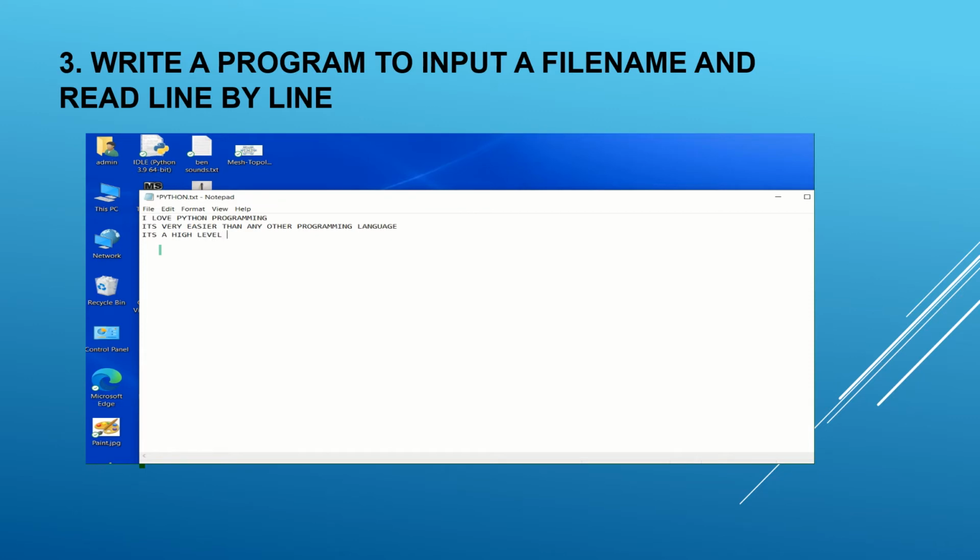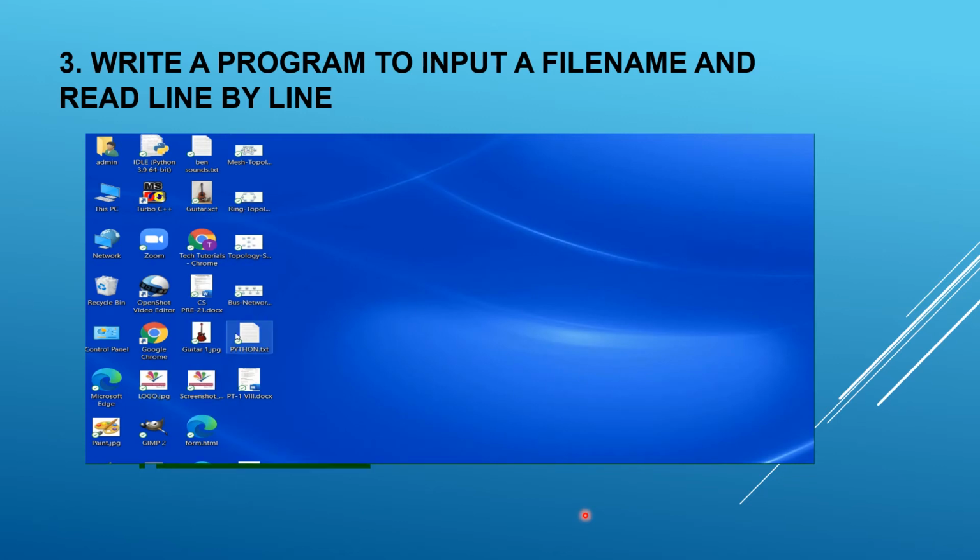It's a high level language. So I'm writing different things in the text file and checking. I want to read 3 lines. That's why I have written 3 lines there, because I have given the 3 readline function there.